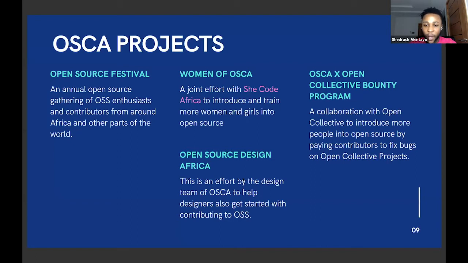So while we're expanding, we're growing. We collaborated with Open Collective to create a bounty program. I mean, while open source is supposed to be free, there are sometimes where you need to actually encourage people by giving them certain incentives to do open source. So in collaboration with Open Collective, we did it to introduce more people to open source by paying contributors to fix bugs on Open Collective projects. So if you go to any Open Collective specific projects on their GitHub repo, you would see certain tags titled OSCA Bounty. So for those bounties, when you finish, you send a PR, they would send you maybe $100, depending on the price of the particular